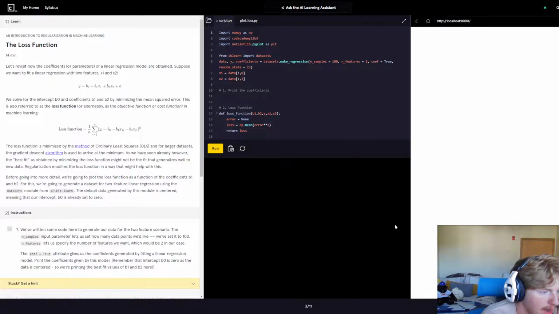As we have seen already, however, the best fit as obtained by minimizing the loss function may not be the fit that generalizes well to new data. Regularization modifies the loss function in a way that might help us with this. Before going into more detail, we're going to plot the loss function as a function of the coefficients b1 and